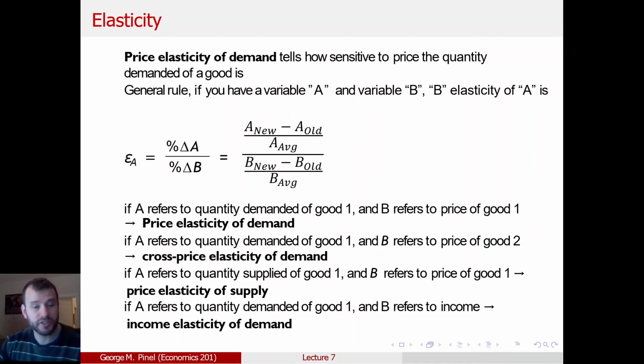What does that tell you? It means you have normal goods, goods for which when your income increases, your quantity demanded should increase. Vice versa, if the income elasticity of demand is less than 0, then you have inferior goods, goods for which when income increases, demand goes down, right? This would be public transportation, ramen noodles, knockoff products, right? They're all inferior goods. So they would have an income elasticity of demand less than 0.